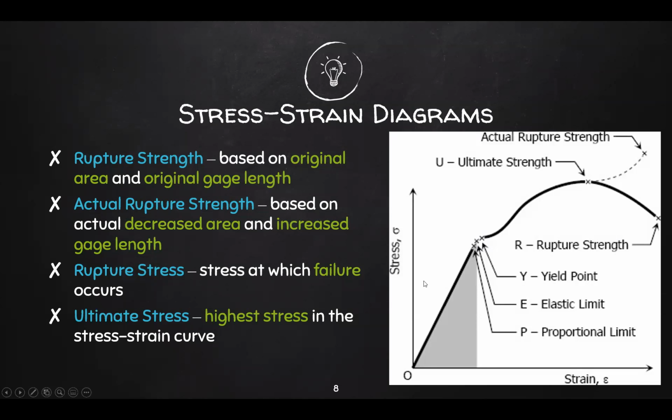And after these stages right here, you're starting to enter your second stage, which is the strain hardening region. See, where your line starts to curve. So this region starts as stress goes beyond your yield point. So this is your yield point Y. Again, it starts here. Then it's going to reach a maximum. So your second stage starts at yield point and ends at this maximum point, which is also called your ultimate strength point. Okay.